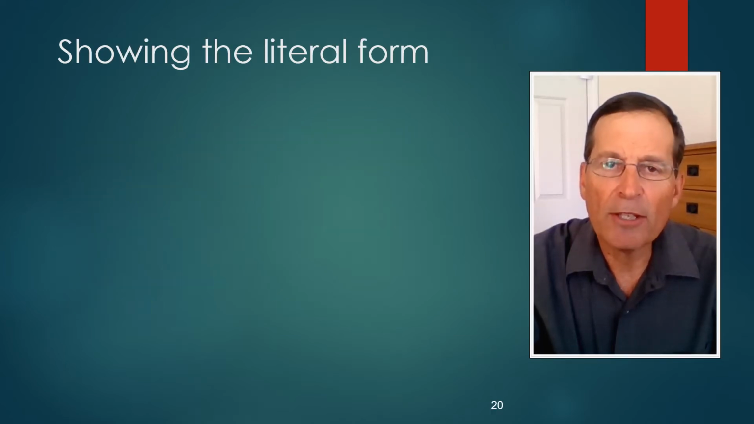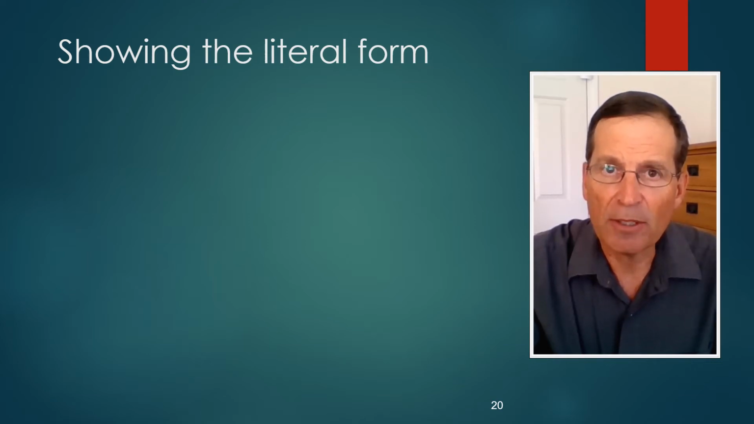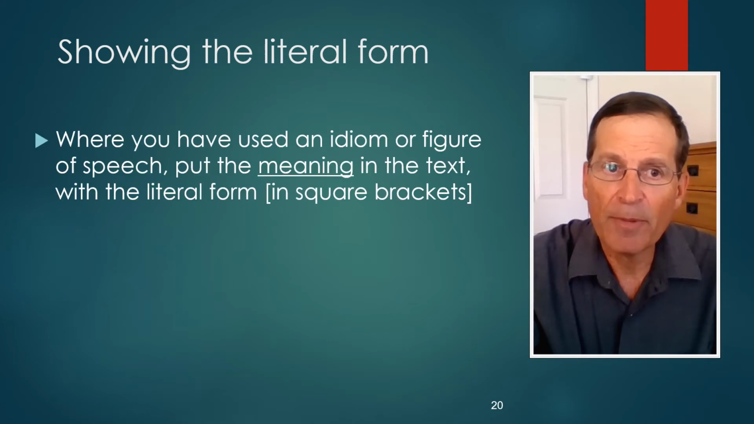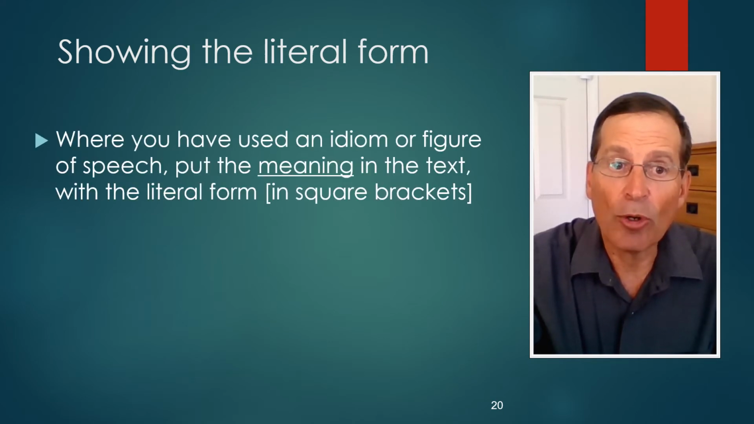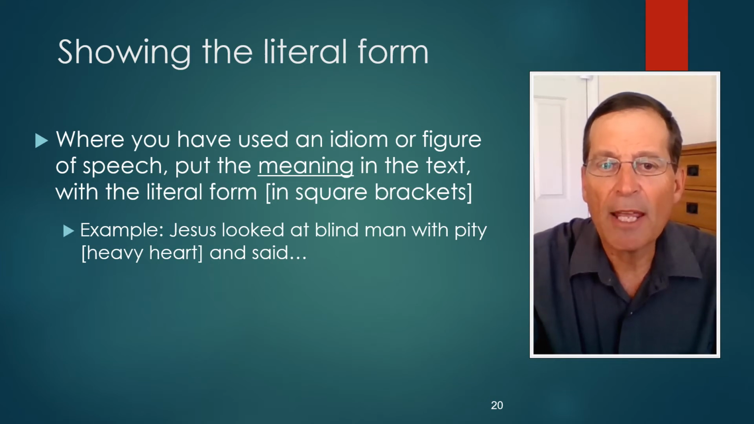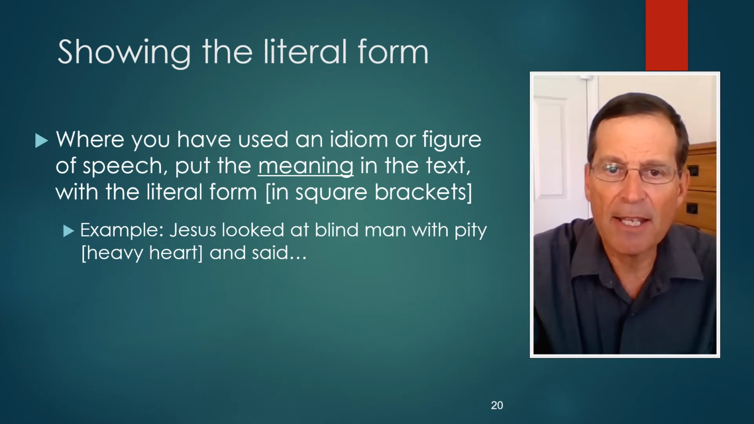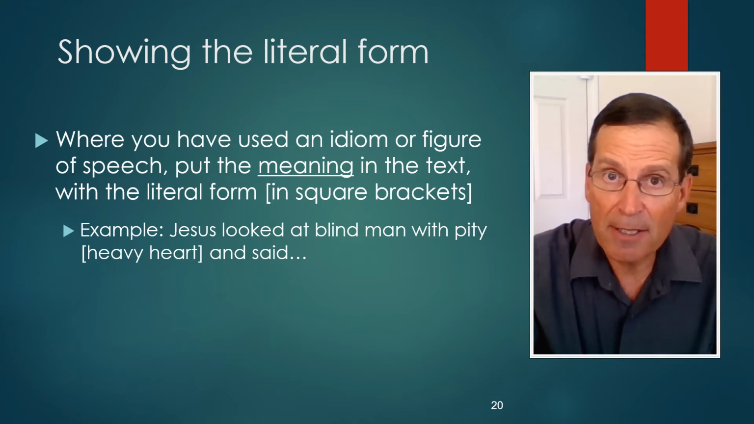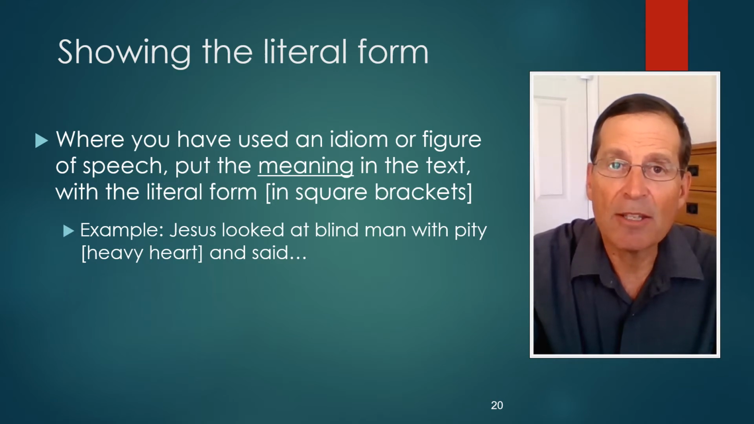Now there is a way to show a consultant the literal form being used in your translation and still give him the meaning. So where you have used an idiom or figure of speech, you can put the meaning in the text, and then you can put the literal form in square brackets. So for example, Jesus looked at the blind man with pity, [heavy heart], and said. So there we have the meaning, with pity, in the text, and in square brackets is the literal form